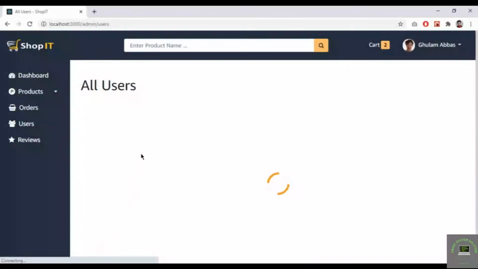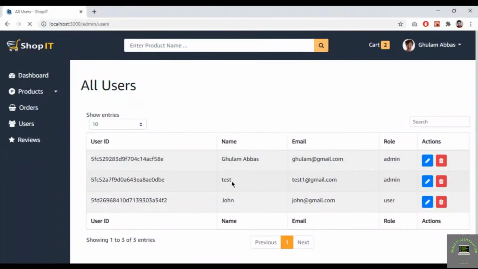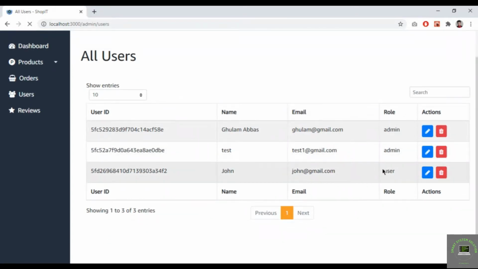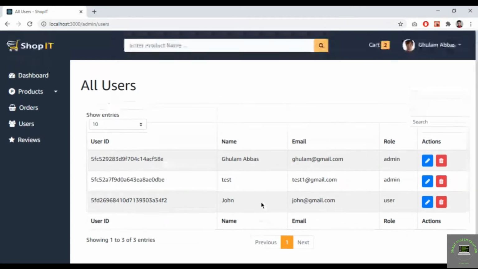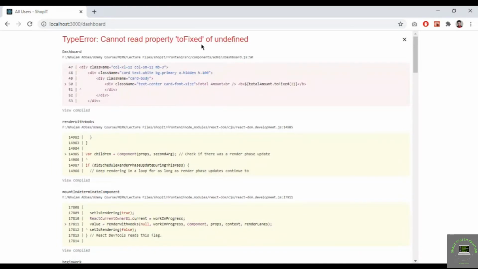Now if I go back and reload this, you will see all the users. These two are admins and this is the user, right? So that's it. In my next video, I will handle this edit button, and if I want to edit the details of the user, but also I have to display here the